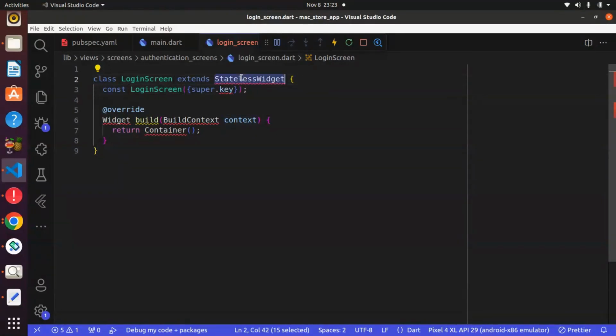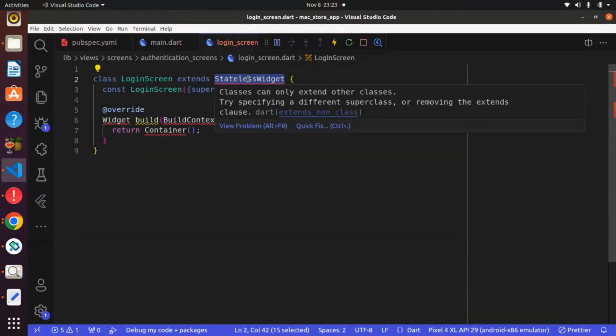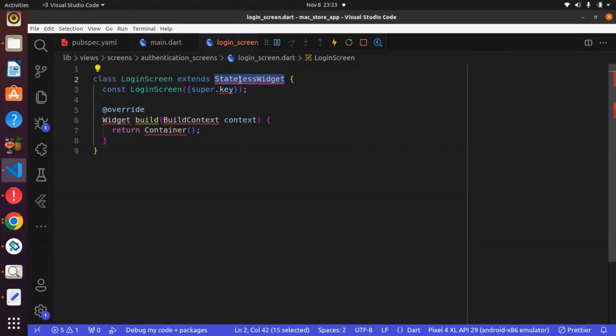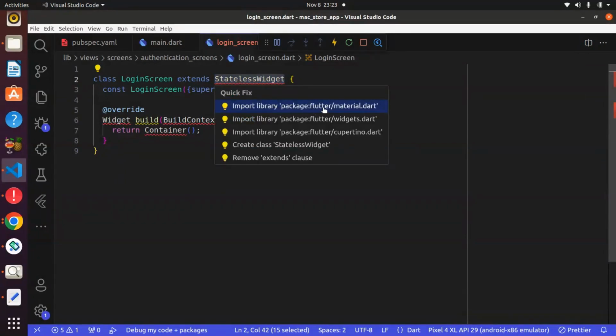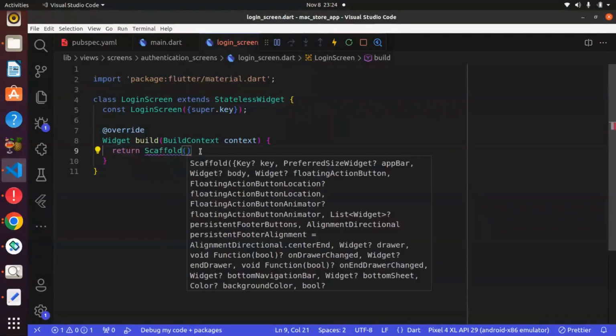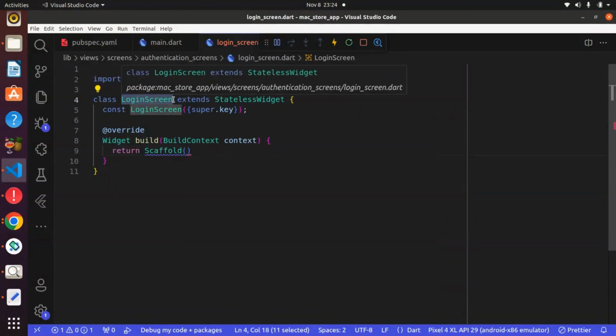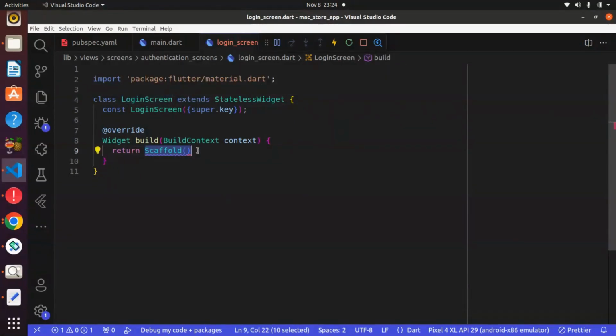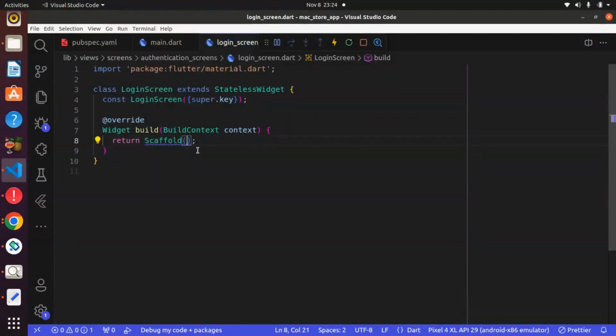And the reason for this error is because it wants us to import the material.dart package. To easily do that, use Alt and Ctrl and dot and import from the material.dart package. And instead of returning this, we want to get rid of it and return a widget known as Scaffold. The Scaffold widget will create the layout on how the login screen will be built. And also, by returning the Scaffold widget, it will give us access to a lot of predefined components such as